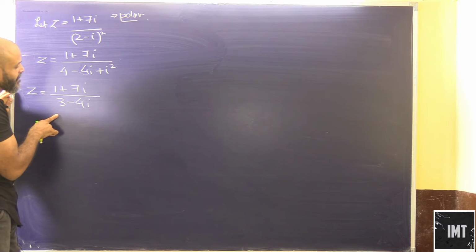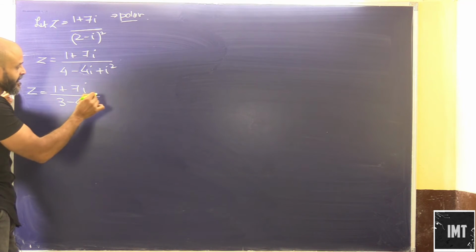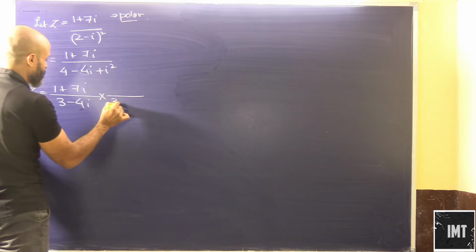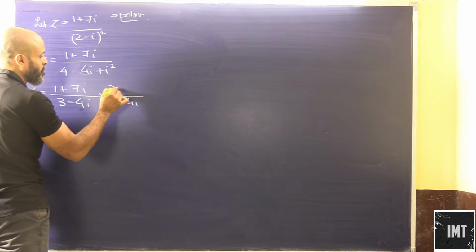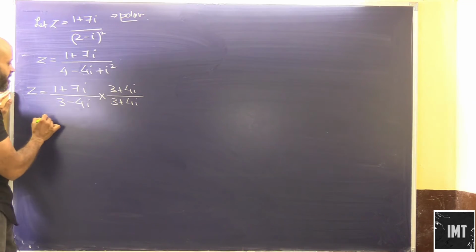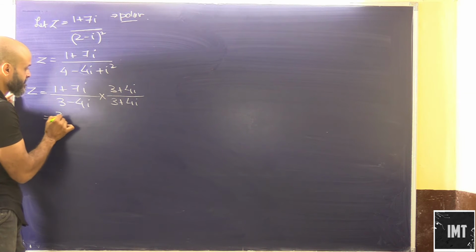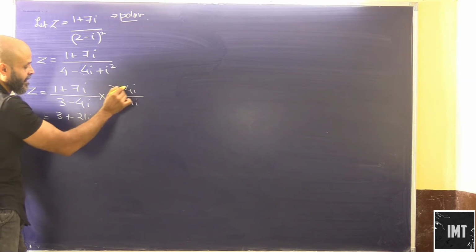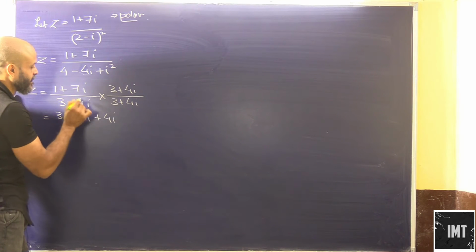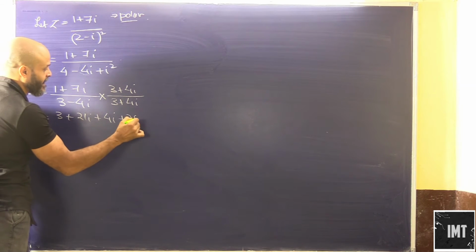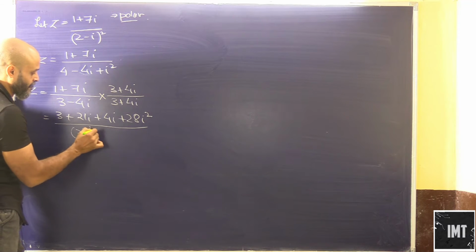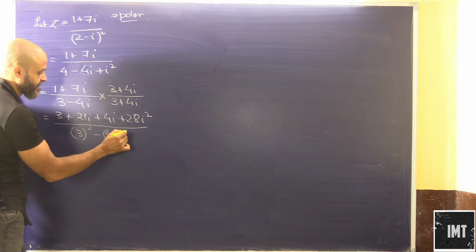Okay. So if we happen to get the polar form of this one, we will have to simplify. So as I said, in the denominator part, you need to nullify this. So we will have to multiply by its conjugate, that is 3 plus 4i. So what do we get? 3 into 1 is 3. 7i into 3, that is 21i. 1 into 4 is 4i. And 7 into 4 is 28i square upon 3 square minus 4i square.